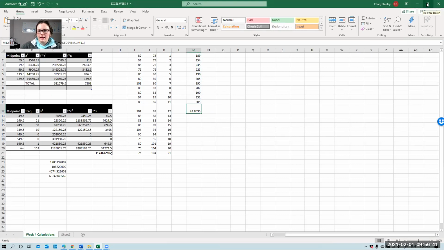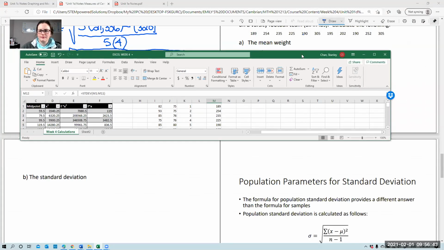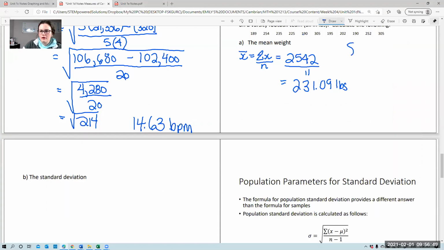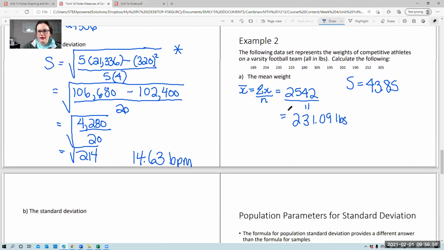So I can write that down. The standard deviation equals 43.85. Now, what I could do as well is calculate this the long way